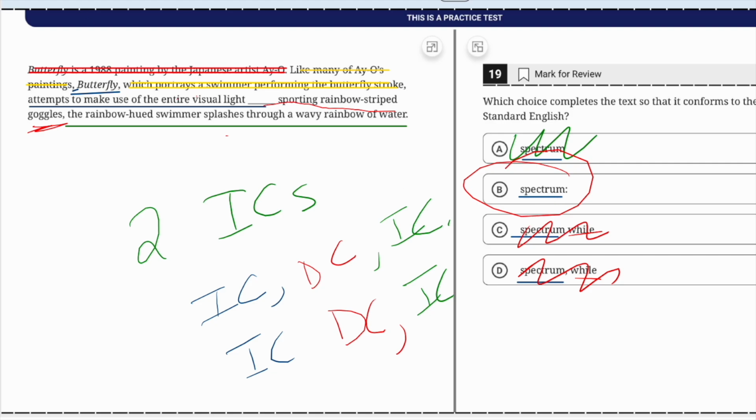And so while it is not okay to do either of these things, this is okay. You have multiple independent clauses. You can join them with a colon, and this is a pattern that has actually shown up several times on multiple tests. And so our correct answer there would be B.